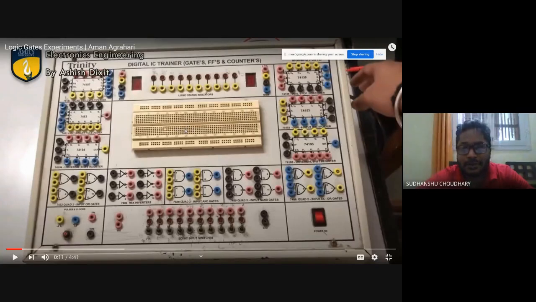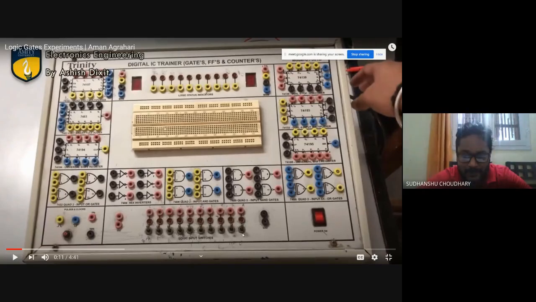Such a digital trainer kit you will find in our lab, with a provision for providing logic inputs, 0 and 1, at the bottom through these switches, which are connected to these sockets, and LEDs present in the middle line.